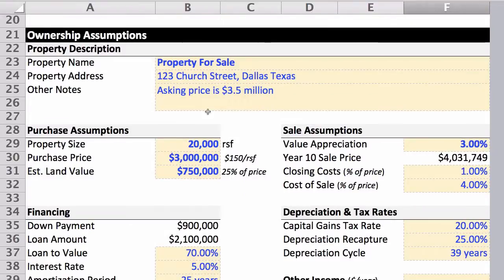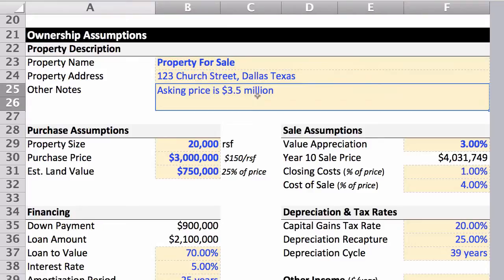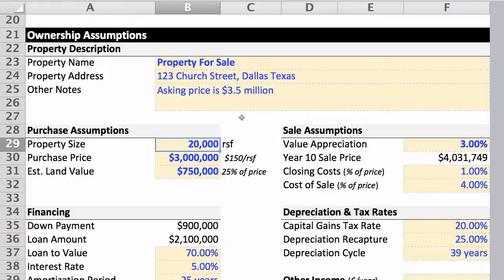The next section is the ownership assumption section. In this section, you'll describe the property under consideration, the address and any other notes, along with the purchase assumptions. So in this instance, we're looking at a 20,000 square foot building that we're going to offer $3 million